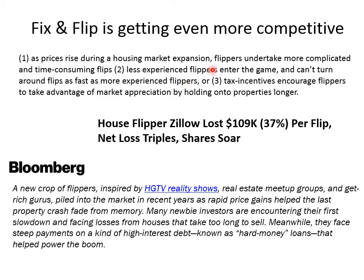Fix and flip, we know, is getting even more competitive as flippers undertake more complicated and time-consuming flips with adding square footage or even tear downs or renovating really old properties. And also the less experienced flippers enter the game and can turn around the flips as fast as maybe more experienced flippers. And some take advantage of some tax incentives and keep the properties for maybe 2 years for the long-term gain. And Bloomberg's latest story was a new crop of flippers inspired by HGTV reality shows,